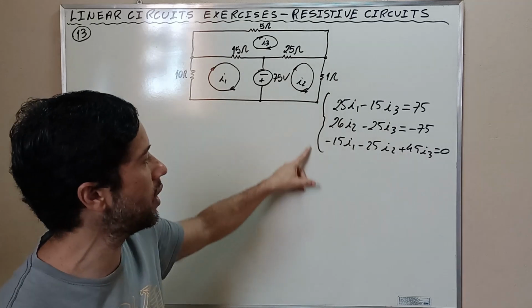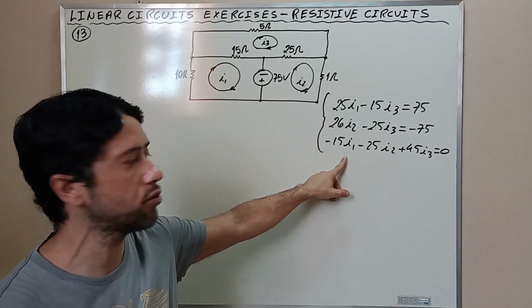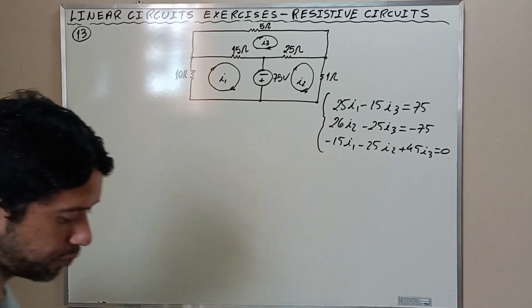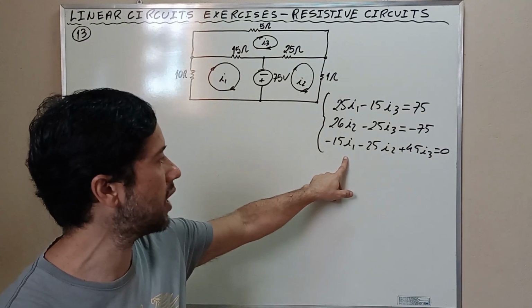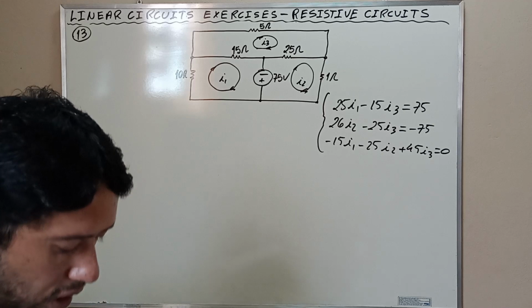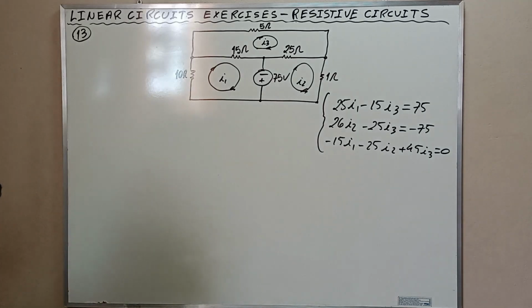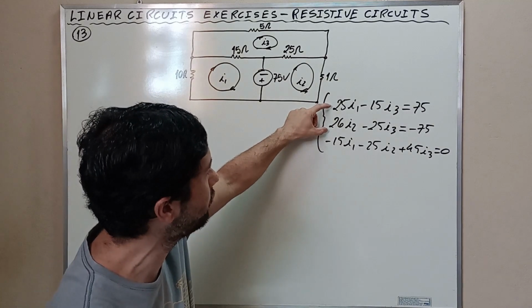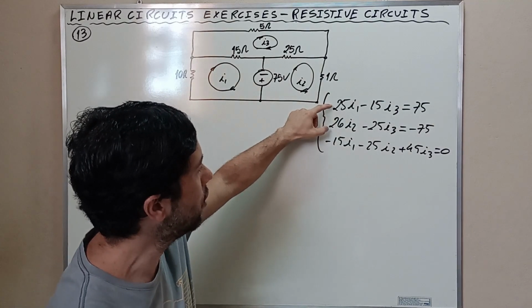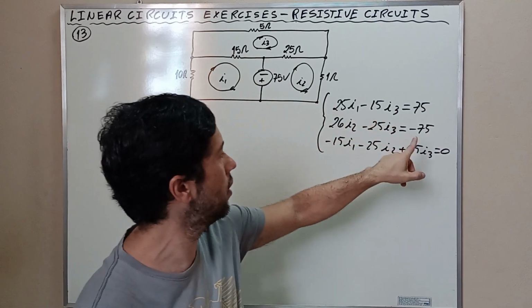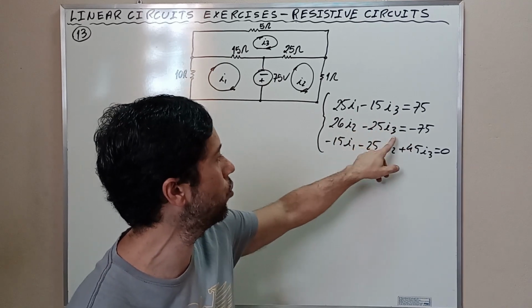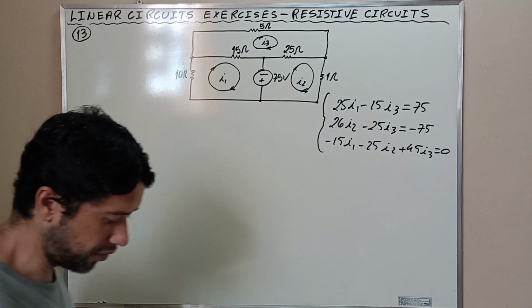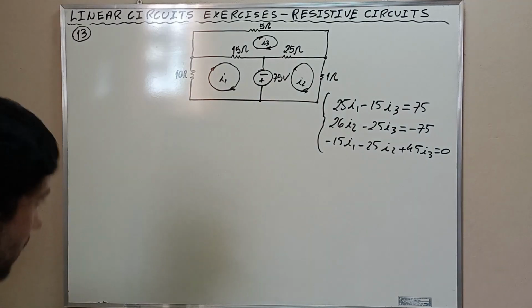We have three equations with three variables. We can solve this problem, okay? The number of variables has to be equal to the number of equations to be solvable, okay? Using the first two equations, let's use the first two equations here, okay? We relate I1 with I3 and I2 with I3. Let's use the first two equations and we're gonna see that